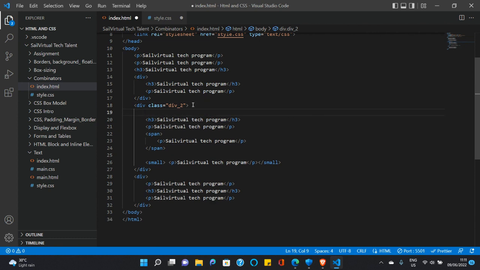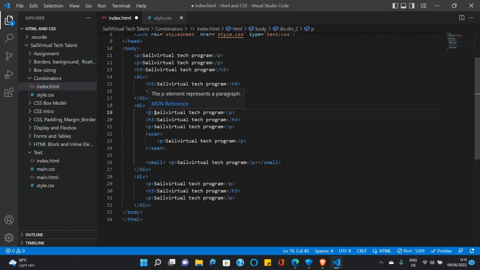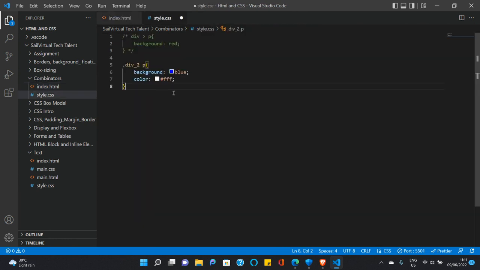So here we would have a direct p tag, and within this div that has a class name, you would only expect this to be the only element here to be styled, and this one, but these two wouldn't be. So if we save this and save our CSS,